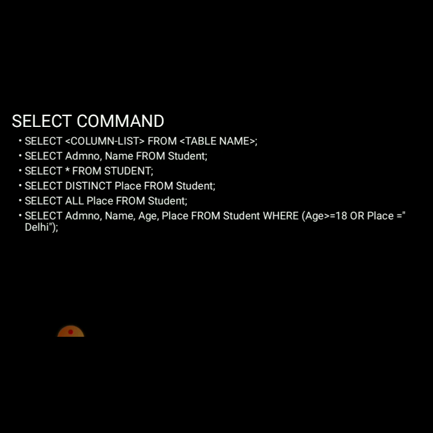Now we are going to select admission number, name, age, place from the student, where the age between 18 and, then place is equal to Delhi. This command shows the persons who are from Delhi within the age of 18, stored inside our student record. It will be shown in the output screen. Select admission number, name, place from student where not place in Delhi. This shows those people not from Delhi. Other than Delhi people, those who are in our student table will be shown in the output screen.